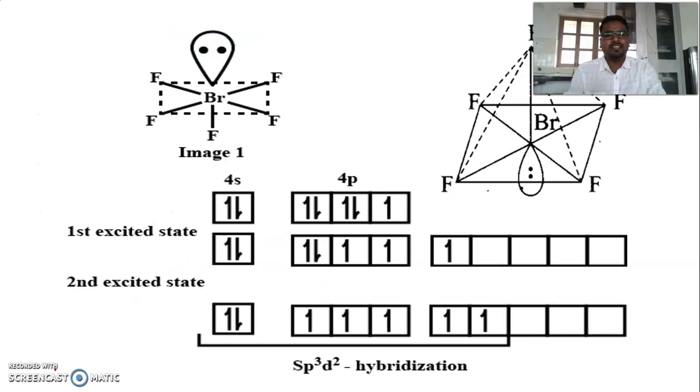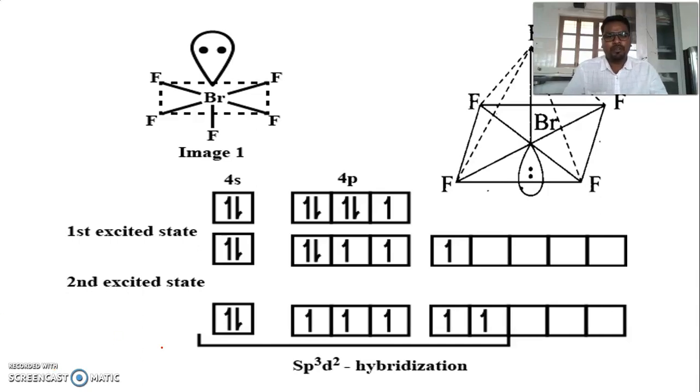So now let us see the structure. Dear students, as I told you in the beginning, whenever you are learning the structure of any compound, the structure of a compound can be understood only after writing the configuration, because structure is due to bonding, and bonding is due to electron exchange, electron transfer, electron giving. Because of this, bonding takes place. That's why you must write the electronic configuration.